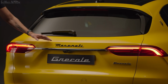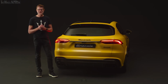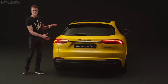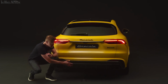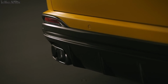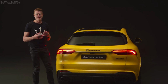The script in the center, Maserati, freshened up, redesigned, first introduced with the MC20 together with a redesigned Trident. And then overall, you see the same philosophy as you saw on the front. The upper part of the car, very clean, very pure, very sculpted. And then the lower part of the car is all about business, all about carbon fiber, and creating that opposite contrast. Now, talking about opposites, let's take a look at the interior of the Grecale, and let's talk about the